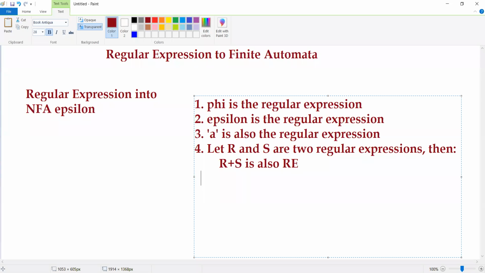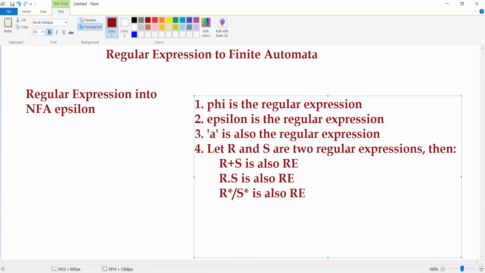In the same manner, the concatenation r into s is also a regular expression. And then we have the Kleene closure, r star, or you can also take s star, which is also a regular expression.